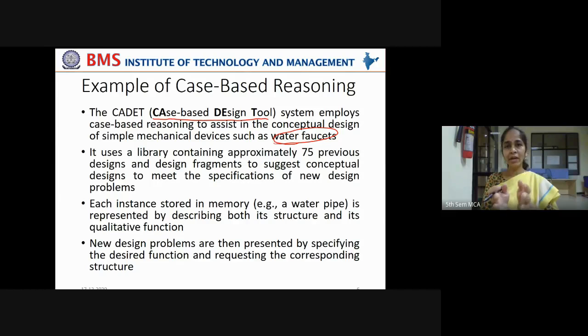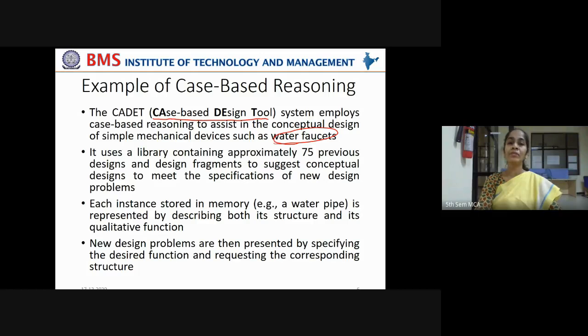Now, for this requirement, there might already be a well developed design existing in the stored library. Now take that conceptual design and try to refine it so that it matches your current problem. Okay, that is what is happening. I'll explain it with a figurative example. Now this CADET system uses a library containing approximately 75 previous designs and design fragments to suggest conceptual designs to meet the specifications